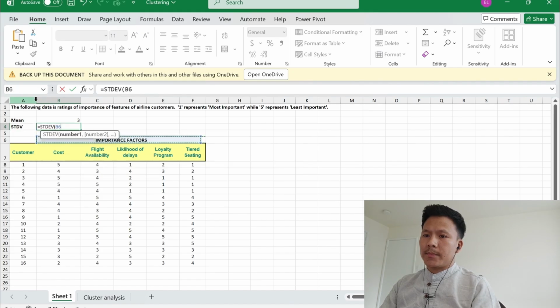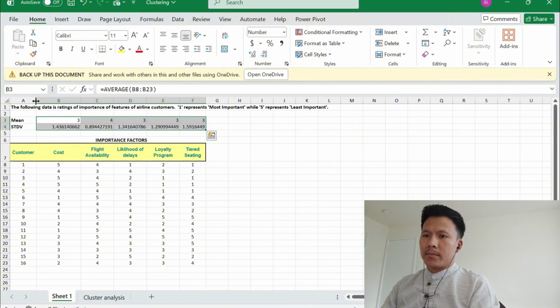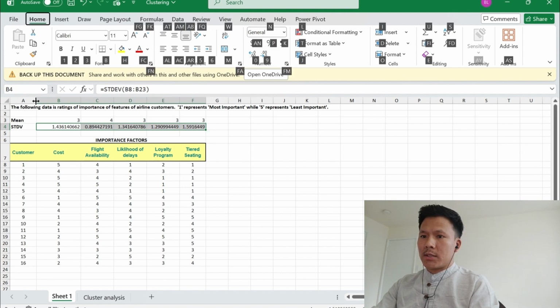Then I expand all values across the 5 columns, and this number format is too long, so I want to display only 4 digits after the decimal,